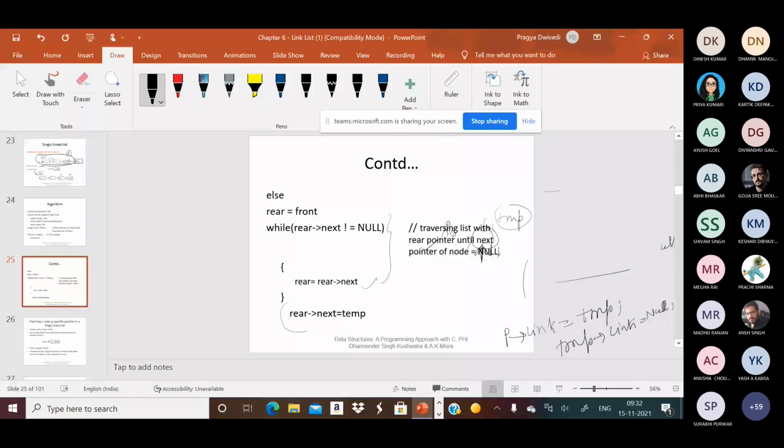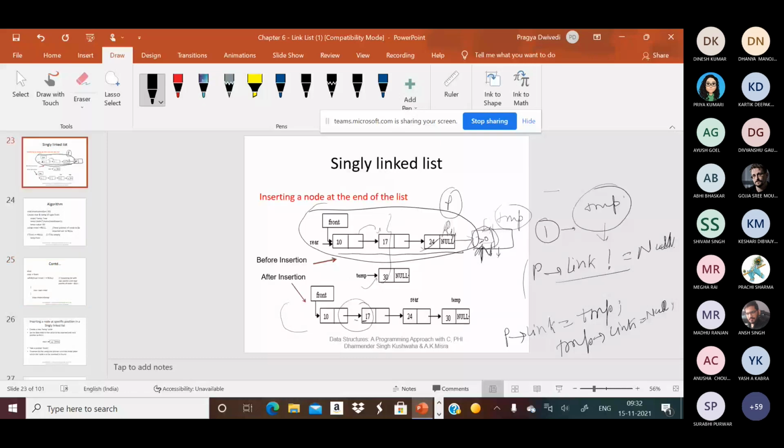Now if you insert the node at the end of the list, this last node should contain the address of the inserted node. So p->next = temp, and temp->link already contains the null value.